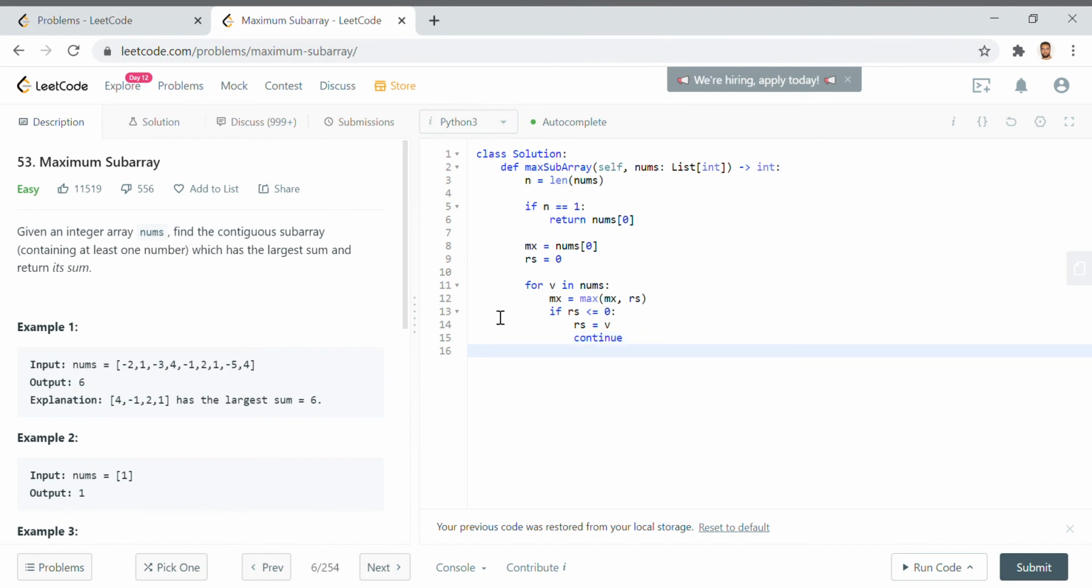Otherwise, everything looks good, and the rolling sum can be increased, so we say rs plus equals v, and then we say mx equals max of mx, rs, just to make sure that for the last iteration, the last element in the array, we have updated our rolling sum and maximum, in case this has run and we do not end up updating our max. Now we say if mx equals 0,